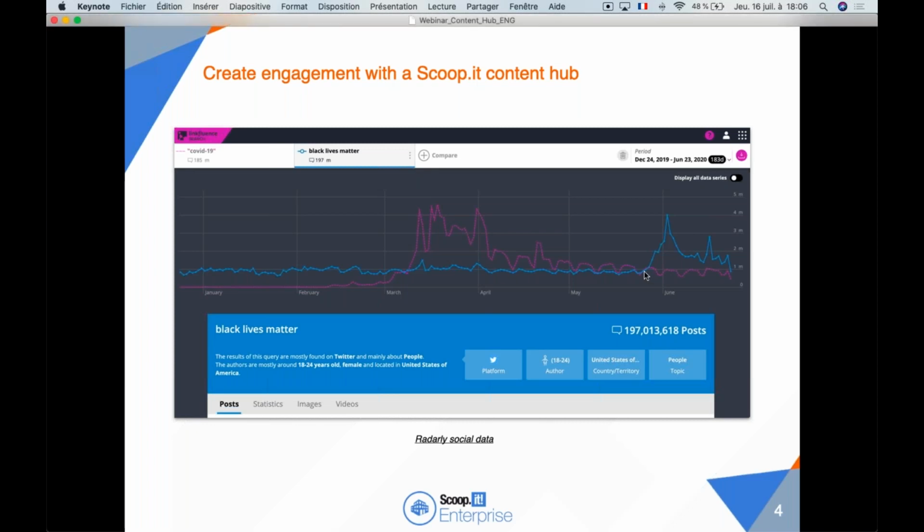But with the recent issues that have happened, mainly in the US, there has been a huge increase in the use of the keyword Black Lives Matter online. So as you can see, keywords and trends can change very quickly. And it's really important to be able to monitor what are currently the most used keywords online so that you can stay up to date.